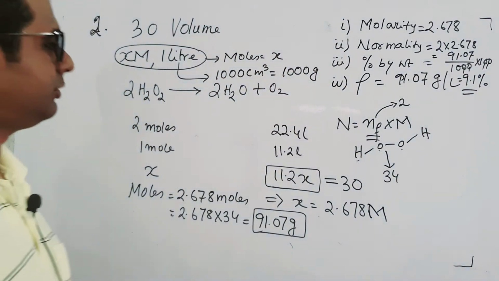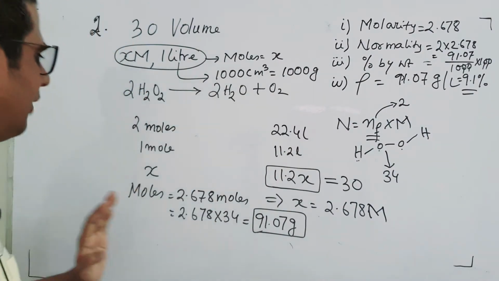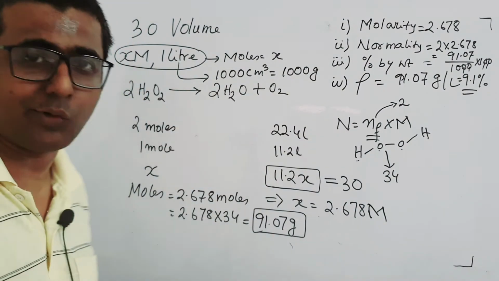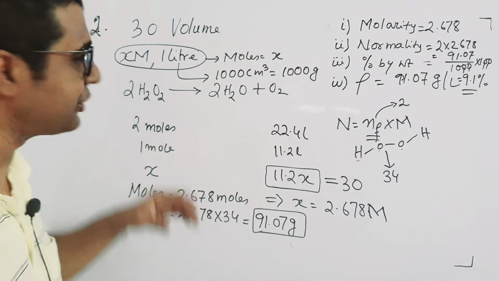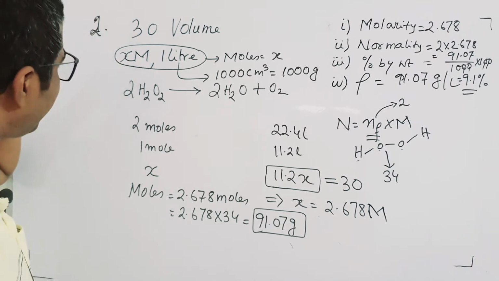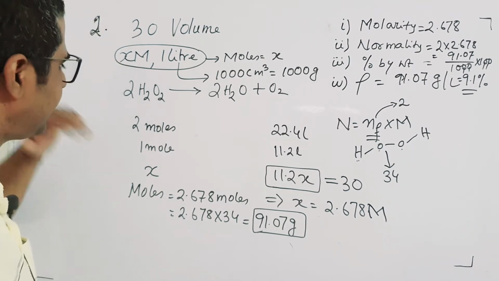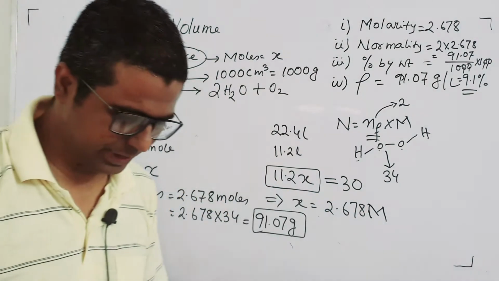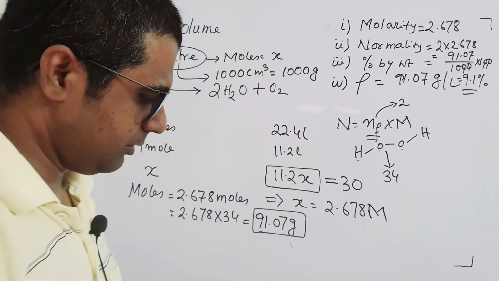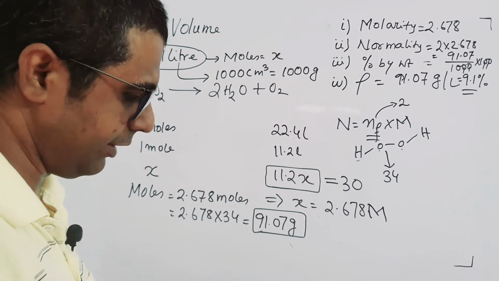So that is how you calculate one by one whenever too many things are asked. But see how I have proceeded. I have proceeded one by one. I have calculated the moles because I am very much comfortable with moles. So I first calculated the moles by taking something that was not there. I just assumed it, calculated, equated it. I got molarity, I got moles straight away. Clear? So I think slowly you are getting to know how to do this kind of problems.